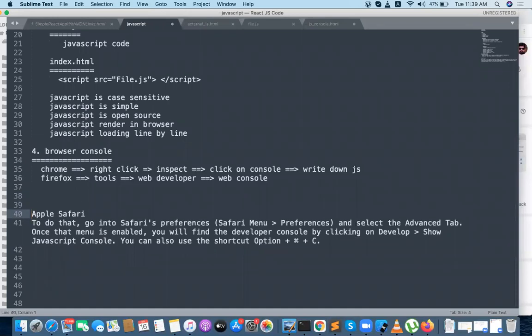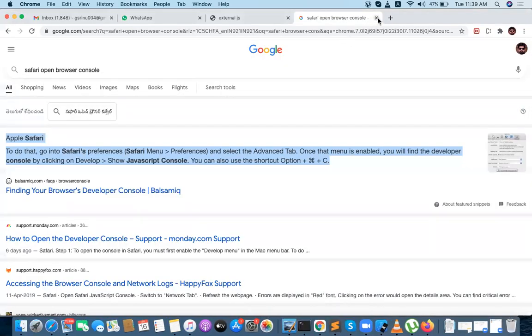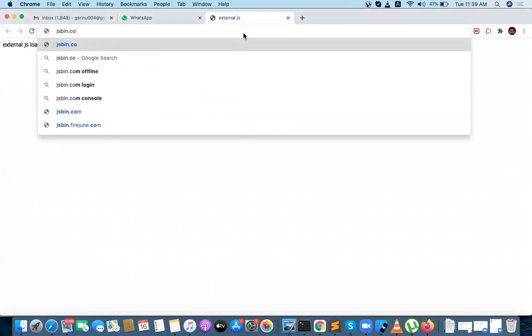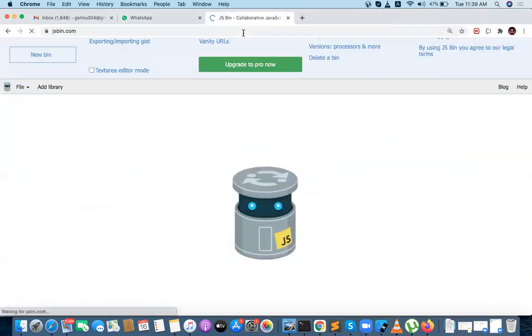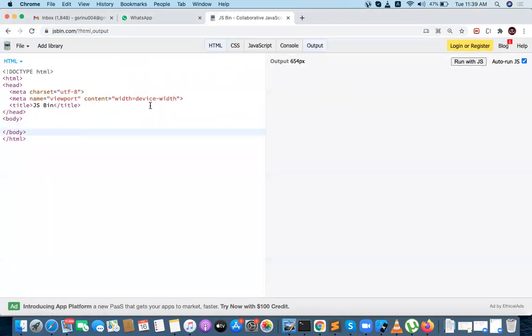Okay, and there are a lot of online editors also. Just go with online editors like jsbin.com. Whenever you go to jsbin.com, you can do direct practice of JavaScript here. Something like alert.